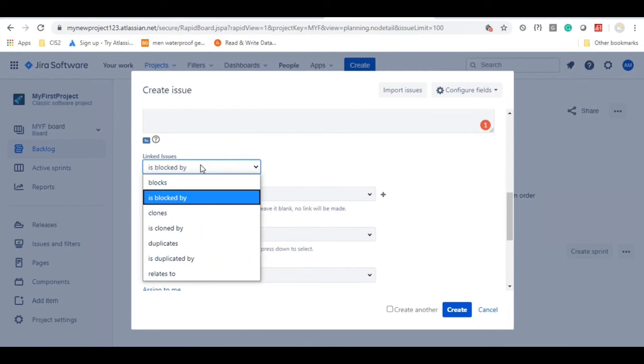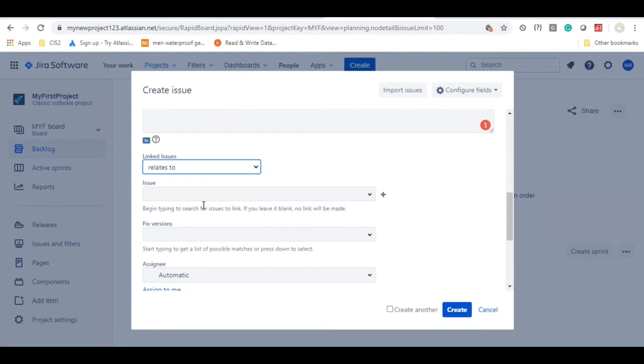Second thing is, assume that for this user story, the development is done and the testing is done. During the testing, you have identified a defect. If you want to map that defect with this particular user story, that is also possible. In that case, you have to select an option called relates to. Normally you will open the defect and there you will select relates to, and the issue name, the issue number you are going to give here. I'll show you in the upcoming examples how to do that.